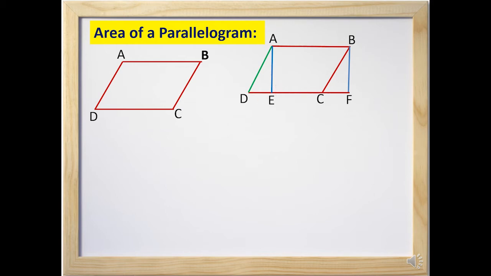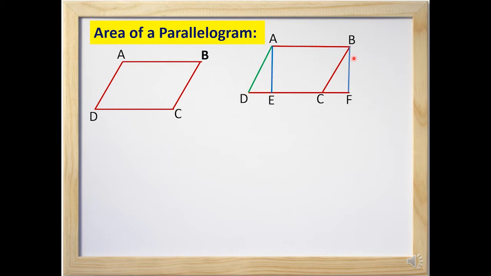Understood? Clear? Okay. The next part, we are again going to draw BF. We are going to draw another perpendicular from B to F, and we are going to join F to CD. We are going to draw BF perpendicular to the base CD extended. We have extended the base CD to F.